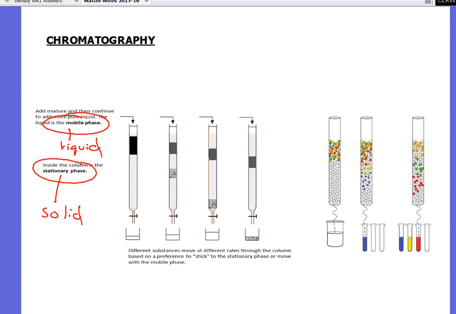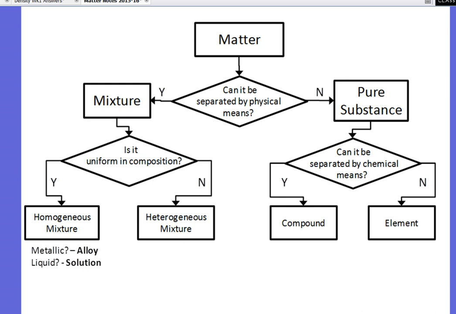Chromatography, we separate things. It's called chromatography because it's usually separated. We get to see the colors. Chroma is color. And it's good for, well, we're going to do a lab on it where you can see what it's good for. Here's a quick little flow chart about is it a mixture, is it a pure substance, can it be broken down further, are things mixed together well,